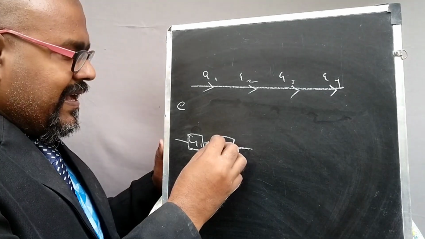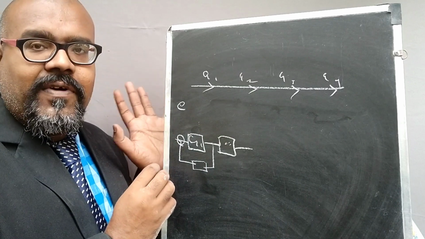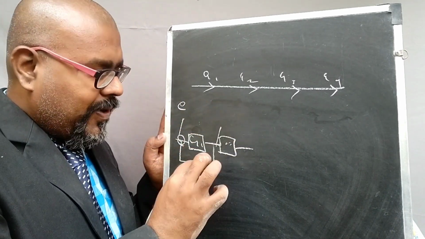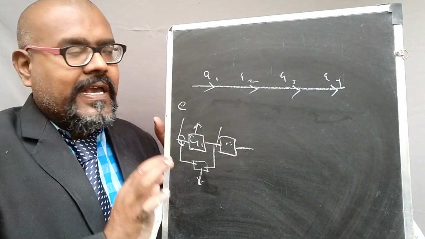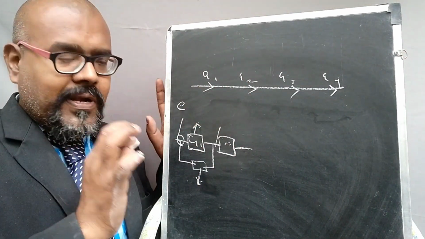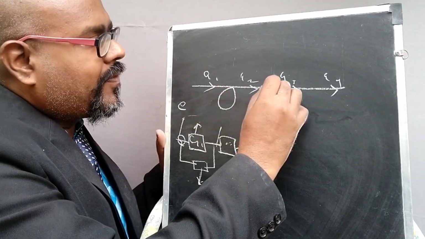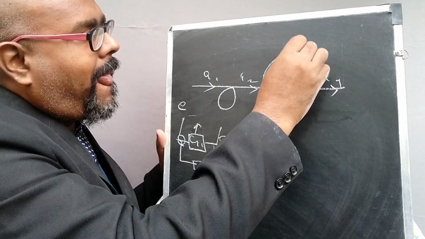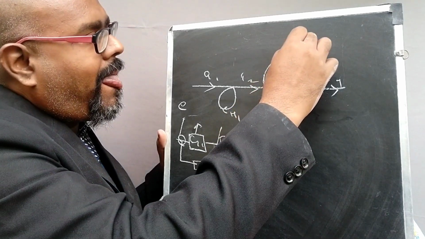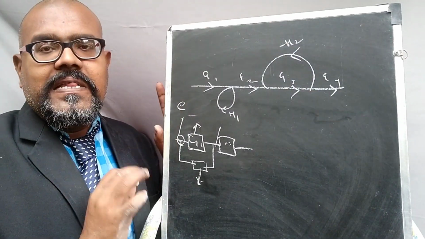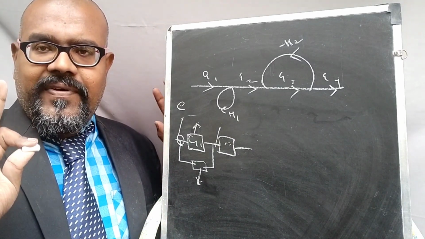Then, if there is any feedback path in the block diagram, the parts involved in the feedback path are the summing point, branch point, feedback block and the element block. All these things are considered as the feedback block. More importantly, feedback is nothing but the loop. This is the feedback representation. Please remember what the feedback definition is.